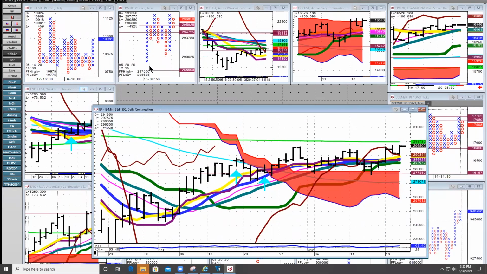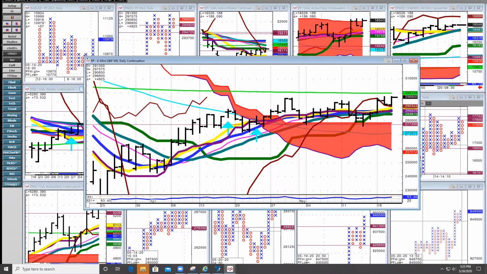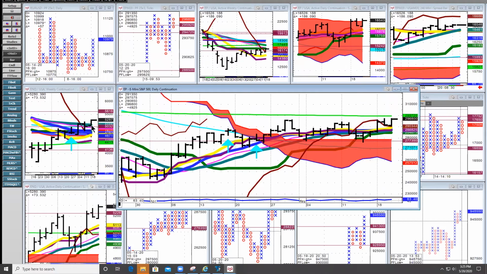So I'll use long-term point and figures. You can see on my screen, here's NASDAQ bonds. NASDAQ bonds here had a big bullish pattern today. S&P bonds have a bullish pattern. My short time frame charts are 240 minutes, and then I use long-term point and figures.